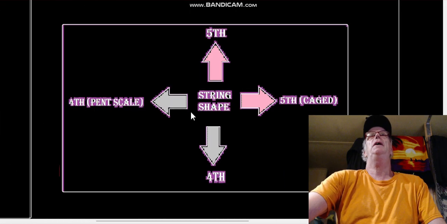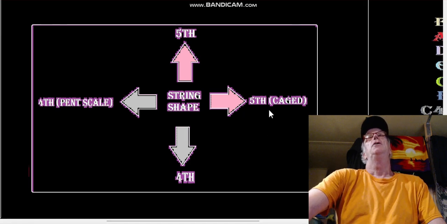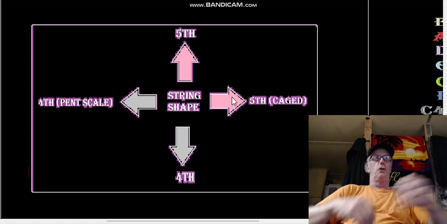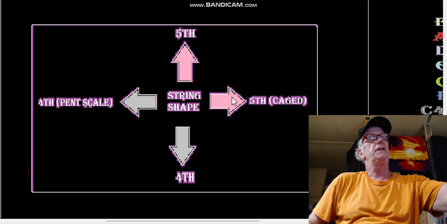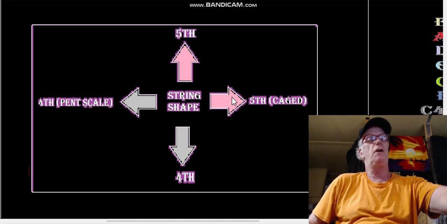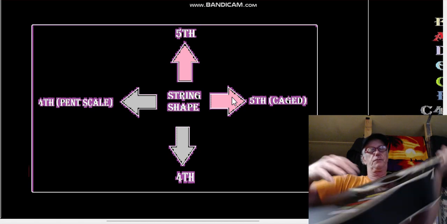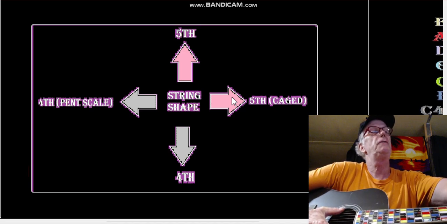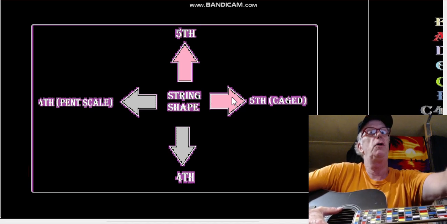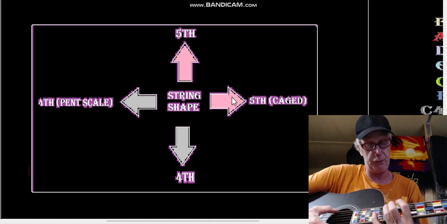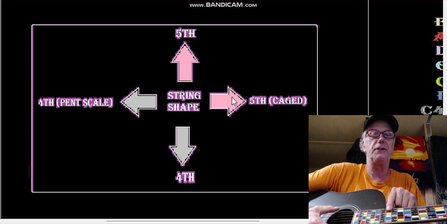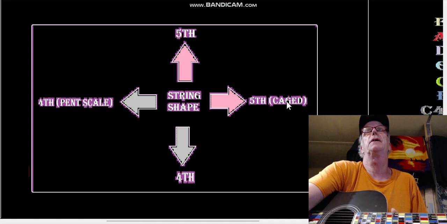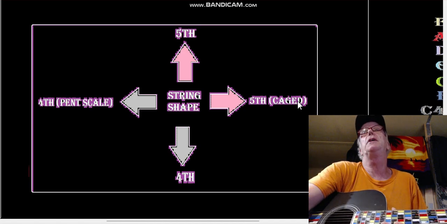Now we also might want to go sideways. If we go sideways, they're going to be interlocked. So instead of, let's say, 7 root 2 going to 3, 4, 5 on this from string to string, 7 root 2, 3, 4, 5, we're going to have 7 root 2 goes to 2, 3, 4, going to the right, 7 root 2, 2, 3, 4, interlocked by the 7. Now we can skip a letter in the word cage and go to the G shape there. So, well, from the E shape we skip the D shape and go